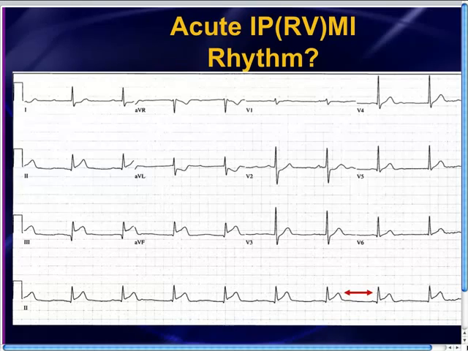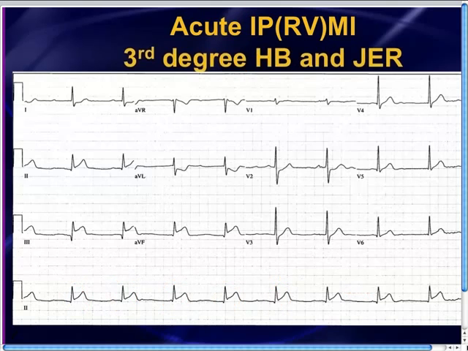And what's the ventricle doing? Well, if there's a complete heart block, these QRS complexes are not being conducted from the atrium. It must therefore be a junctional escape rhythm, right? And a rate in the 50s is very typical for a junctional escape rhythm. So the formal interpretation of this EKG is sinus rhythm with the rate in the 90s, complete heart block, junctional escape rhythm with the ventricular response in the 50s, and there's an acute inferior, probably posterior, and possibly right ventricular